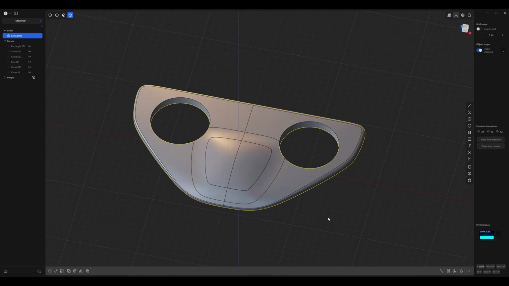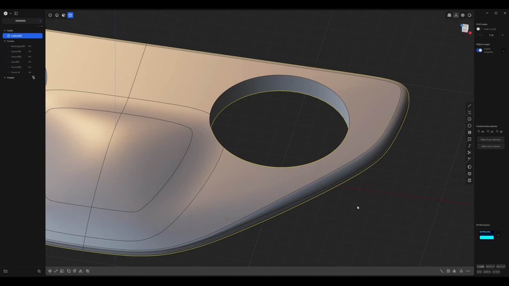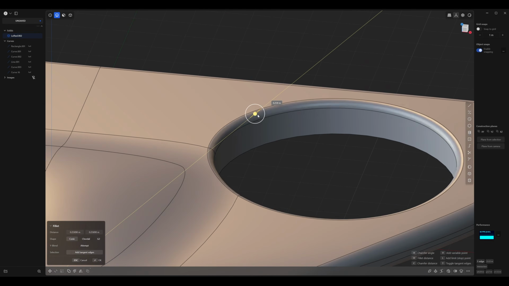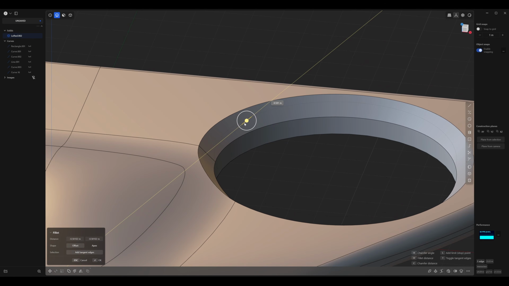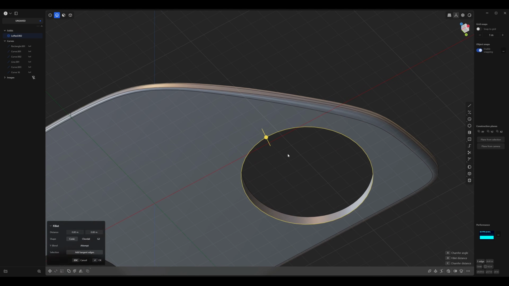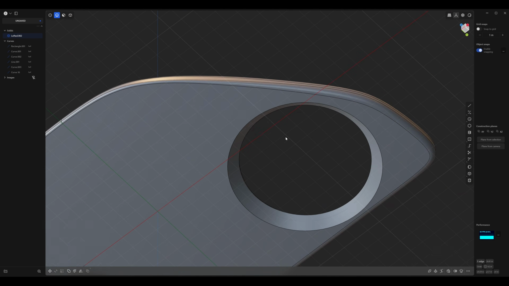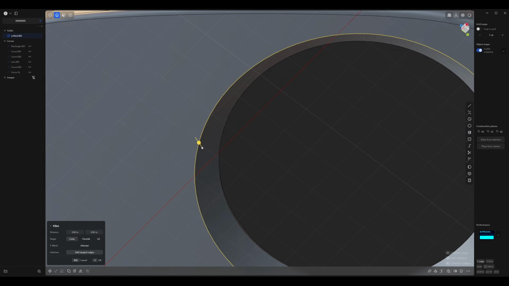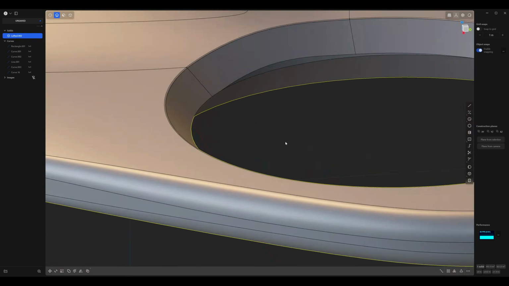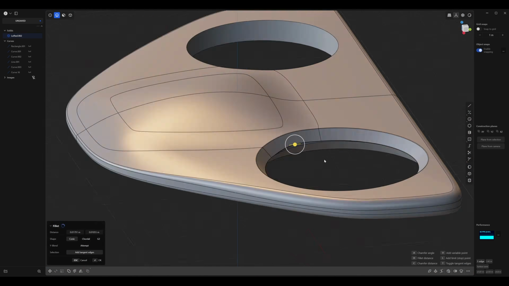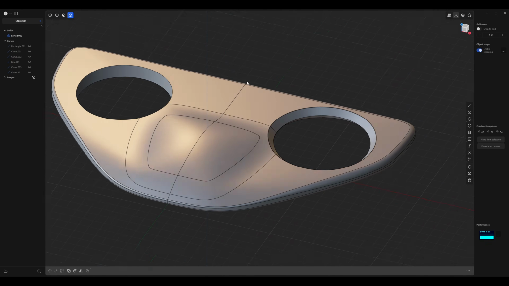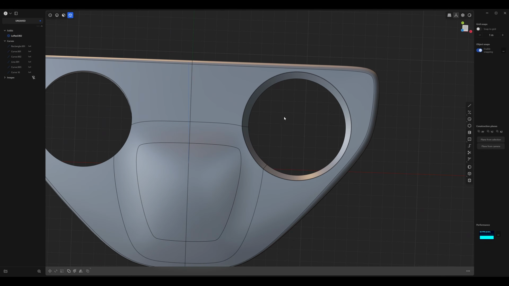Okay, so now let's focus in on this propeller assembly area. Go ahead and press 2 and let's just give this a bit of a chamfer or a bevel. Let's see which one looks better. I've seen pretty wide chamfers on some of these, so let's do that. Repeat it for the bottom. And again, let's select that edge and let's give that a bit of a fillet. And we'll just do 1/2 for now, and we're going to mirror that over later on, so don't worry about it just yet.